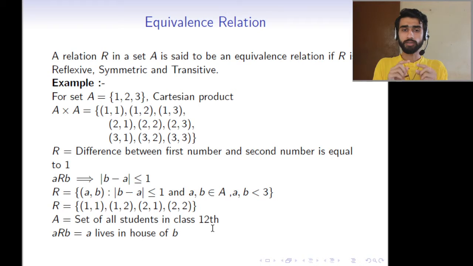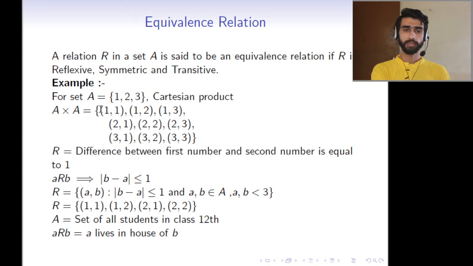We will see why we call it equivalence relation in a further lecture. There is a reason behind it. For now, the definition of equivalence relation is: a relation R in a set A is said to be an equivalence relation if R is reflexive, symmetric, and transitive. Okay, done. It is clear. Now then,